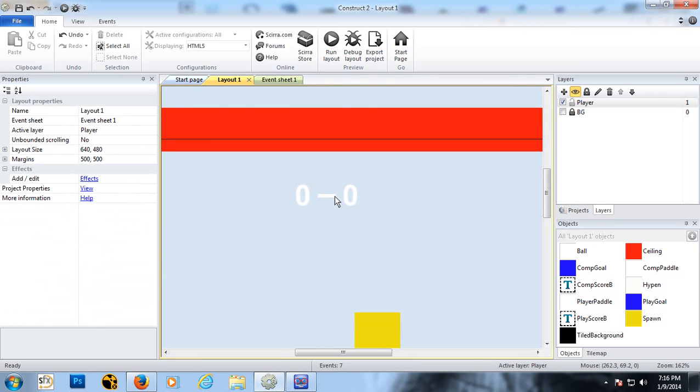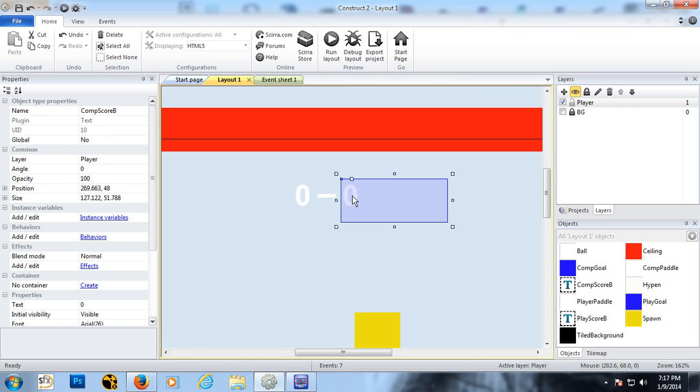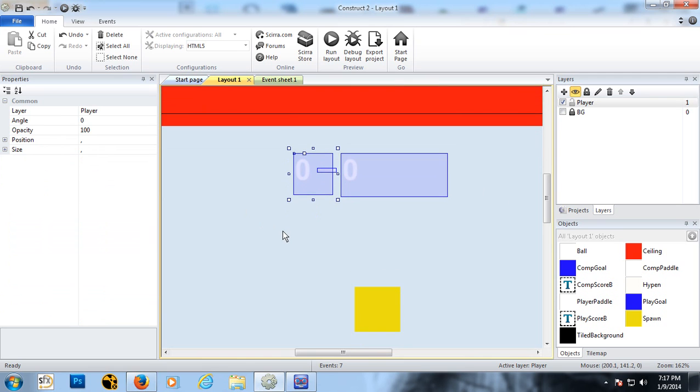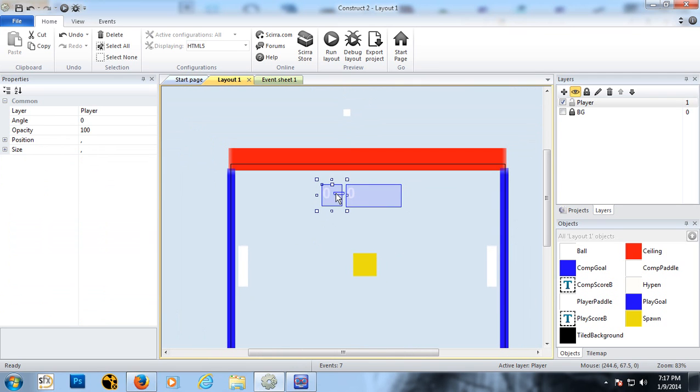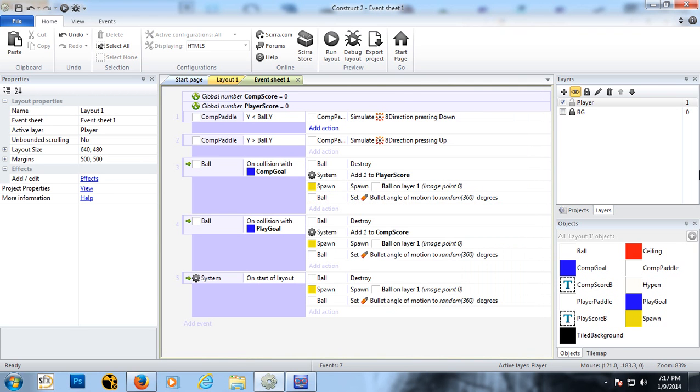And we'll select all 3 of these by holding control. If I select this one and I hold control and then select this one and hold control, select that one, I can select the whole group at a time. And let's just move it to somewhere kind of in the middle of the screen here. Done. Now we just have to make an event that says to change this number to whatever the score is,